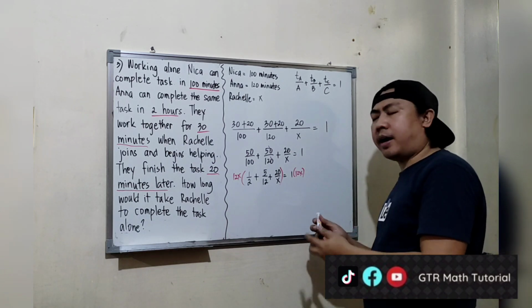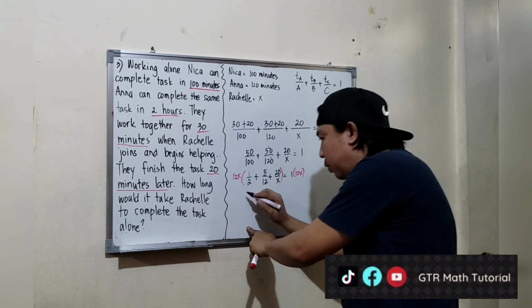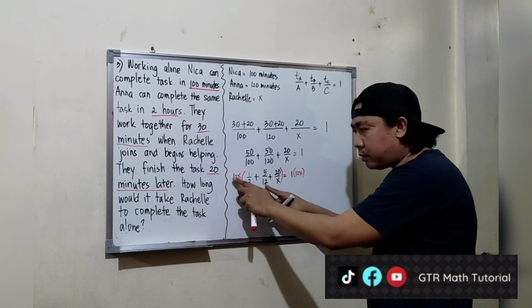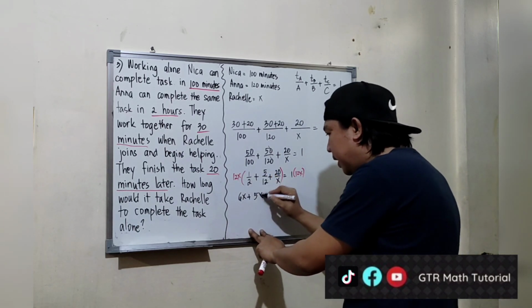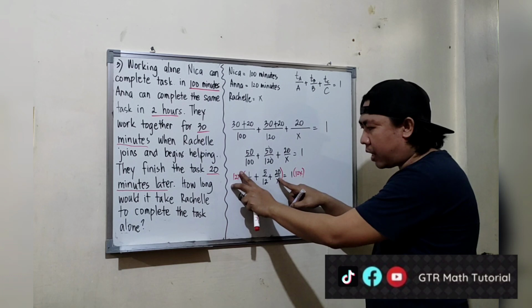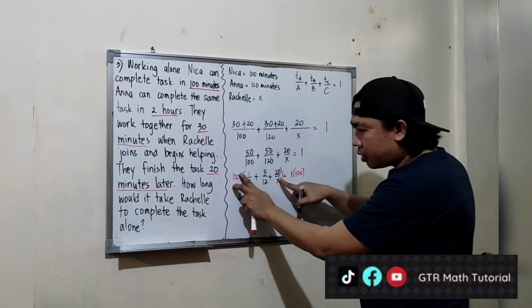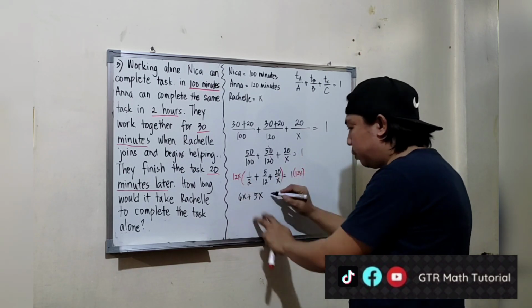Okay, so therefore, we have 12 divided by 2. So, that is 6. Then, times x and 1. So, we have 6x. Plus 12x divided by 12. So, cancel out 12. So, we have remaining x and 5. So, we have plus 5x. And then, 12x divided by x. So, cancel out x. So, we have 12 and 20. So, just multiply 12 times 20. So, 2 times 12, that's 24. So, we have 240